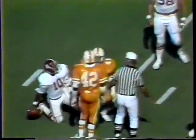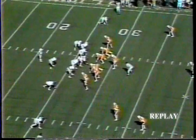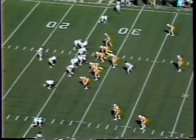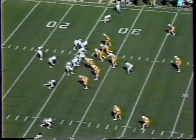Here is the snap out of the, it was instead a shotgun. The snap came back as a marker falls. Lewis fumbled the snap, and there were penalty markers all over the field. As Alabama went to the shotgun,